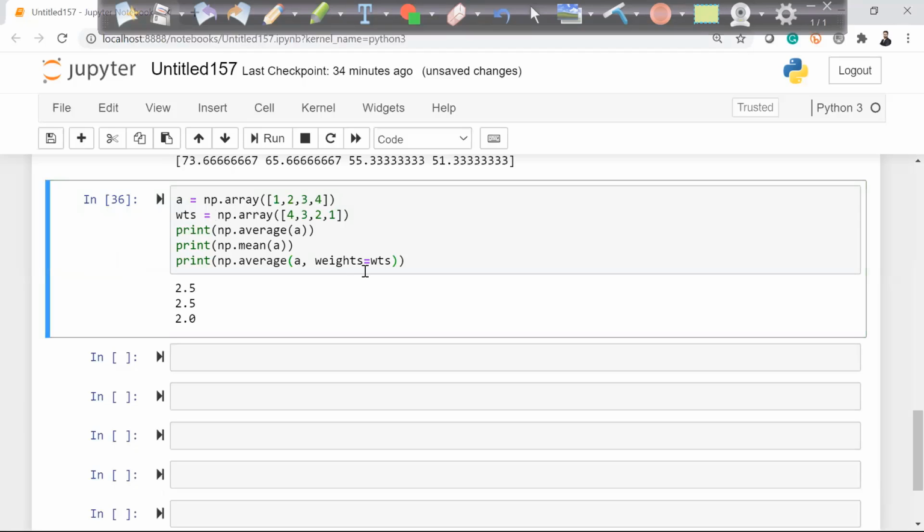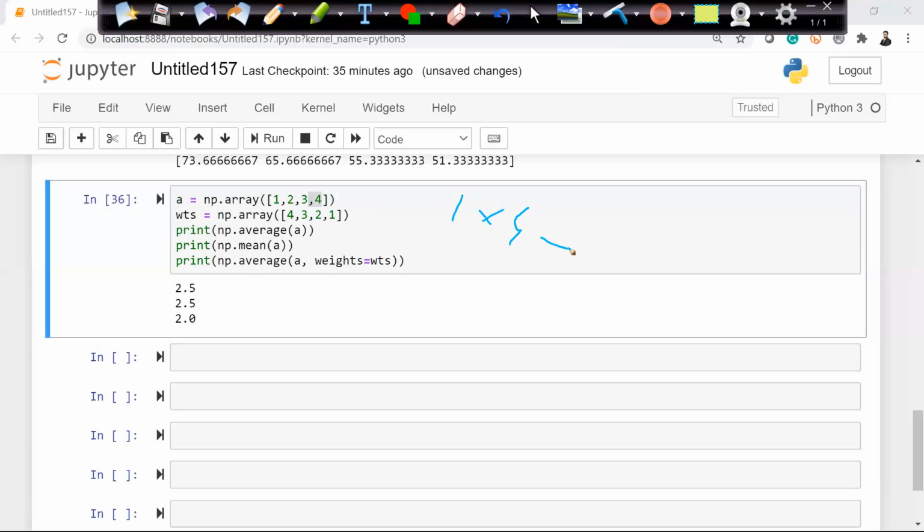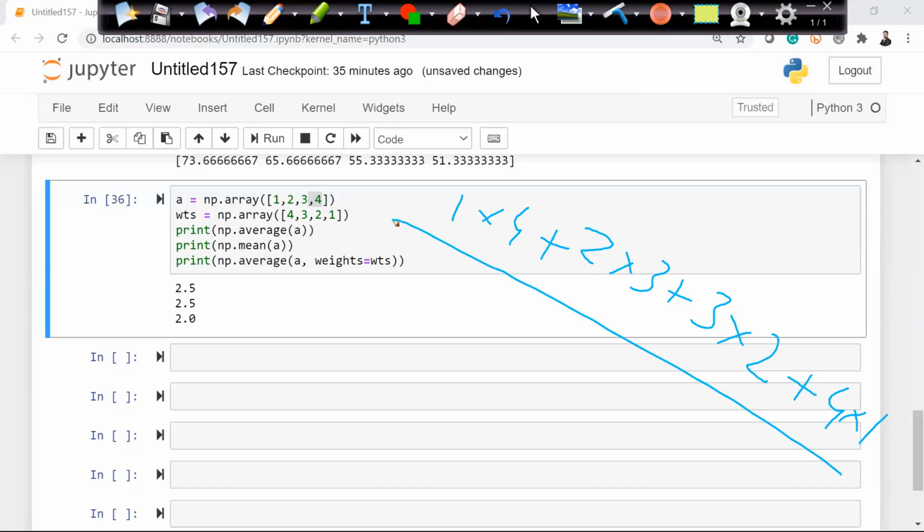Now the question arises, why is the output coming as 2? Because the weightage of the first value is 4 times, the weightage on the second value is 3 times, on the third value is 2 times, and on the fourth value is 1 time. So if I want to find the weighted average, how will the calculation happen? 1 into 4 plus 2 into 3 plus 3 into 2 plus 4 into 1, upon 4 plus 3 plus 2 plus 1.